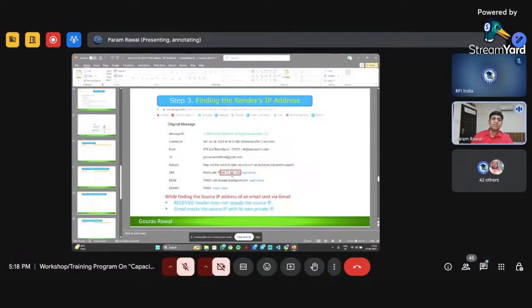So this is not the IP address of the actual sender, but when the law enforcement agency mails Gmail, they will give the actual IP also.